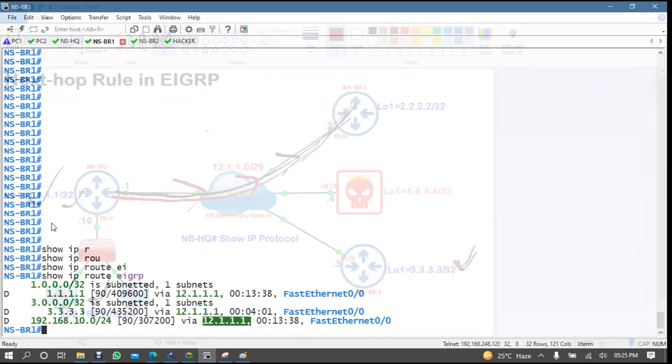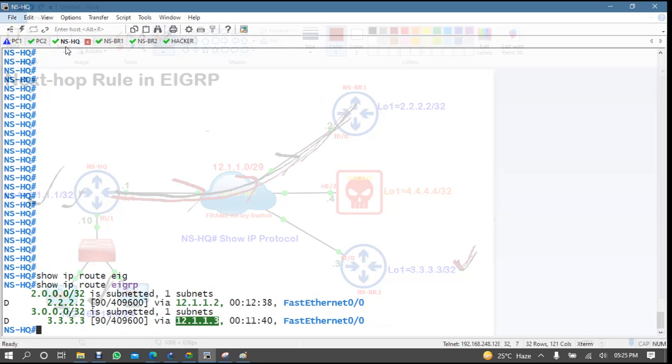See, who is the originator of this network? Branch 2, right? Yes. But when the headquarter is sending this network to branch 1, the headquarter is saying that whenever you want to reach it, you can come to me. And when this branch 1 router comes here, the headquarter will say that the 3.3 network is there, then the data will go there.